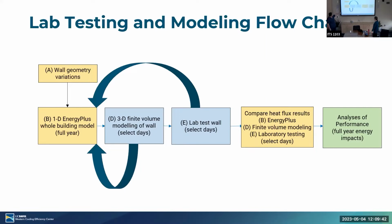Now, if either of those don't match what we expect in terms of flux results, we go back to step one, which is the 1D Energy Plus whole building model, and refine it to make sure that everything is good and try to match more closely with what we'd expect, and progress further as we're able to succeed with the higher fidelity tests. Once those are complete, we're able to move on to